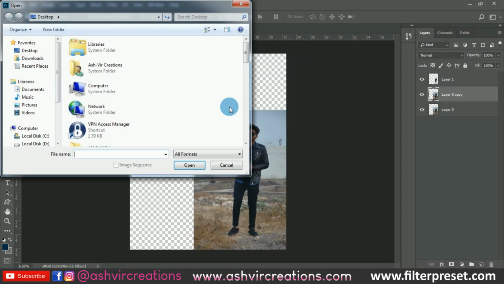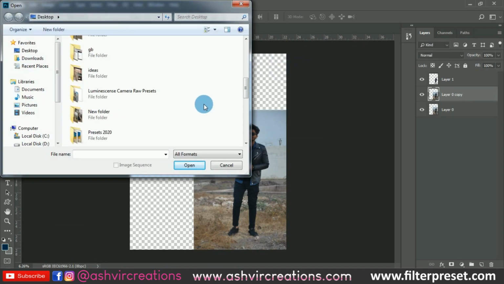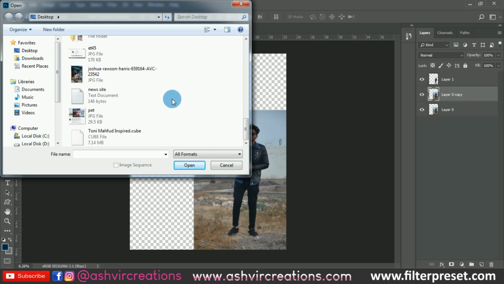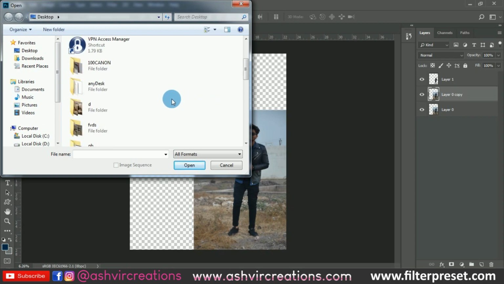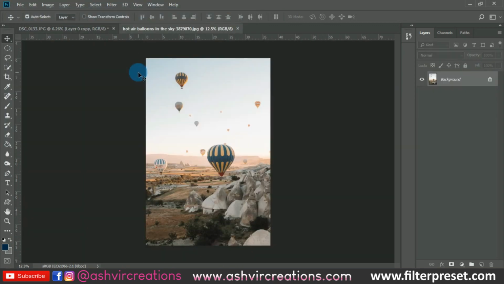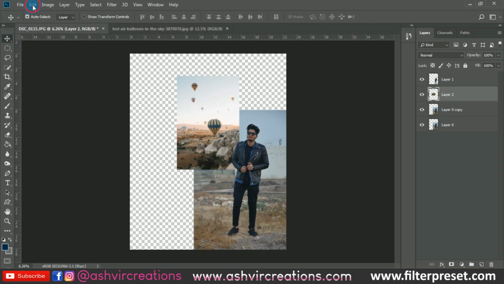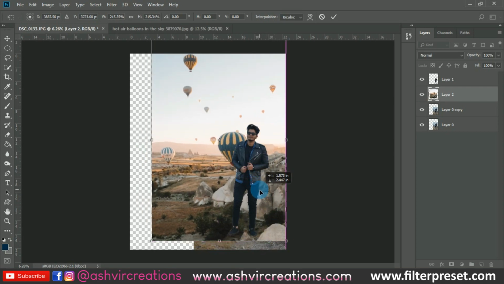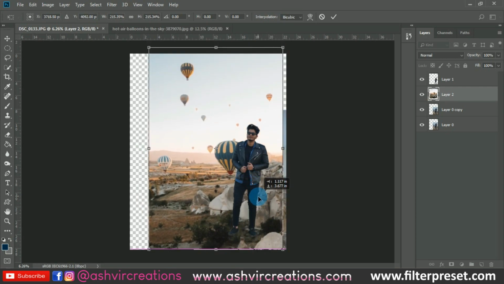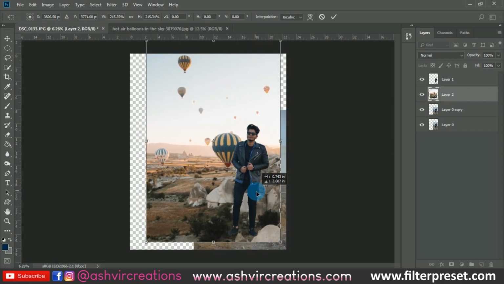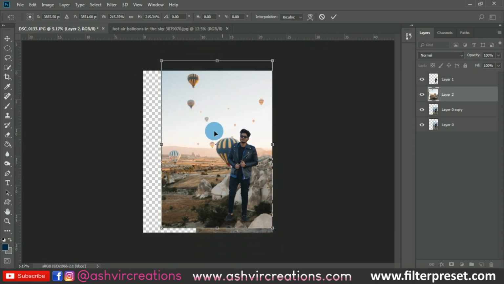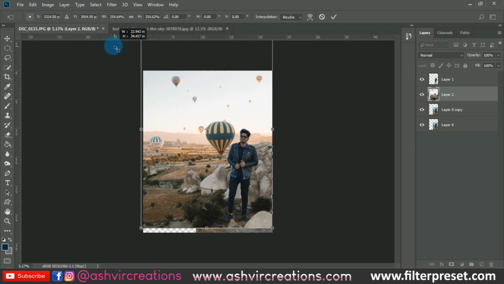Now go to File, click on Open, and let's add the background to the photograph. So here is the background that is of hot air balloons. Now we're gonna add this too. So just drag and drop and press Ctrl T. Press the Shift and Alt keys from the keyboard from one of the corners to enlarge in a perfect way